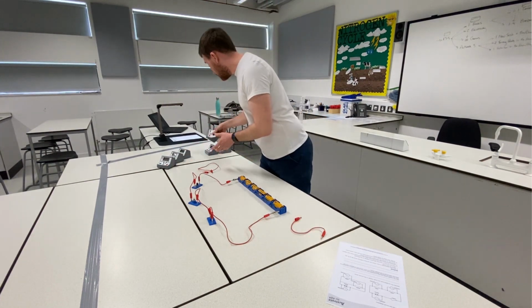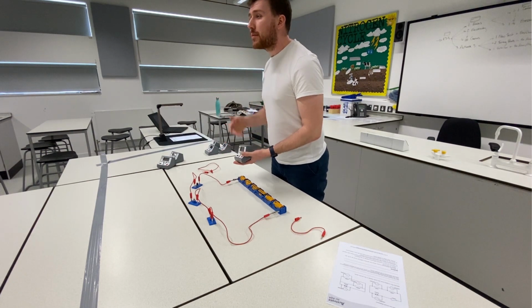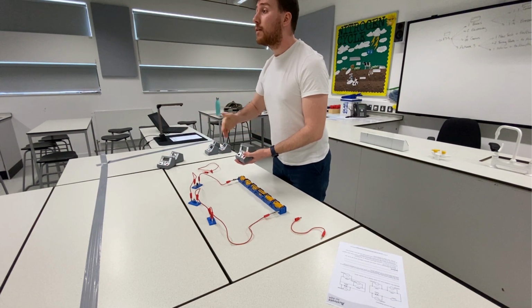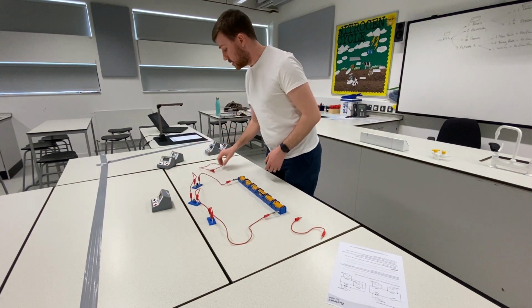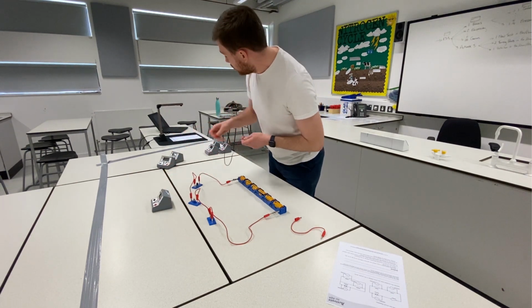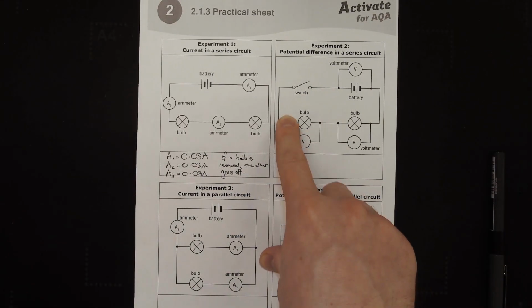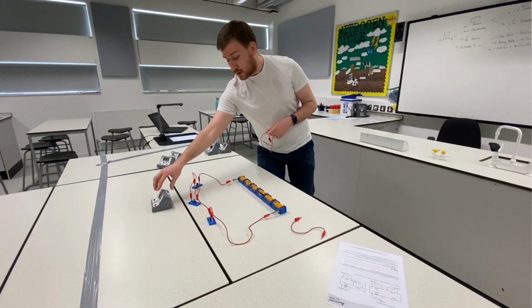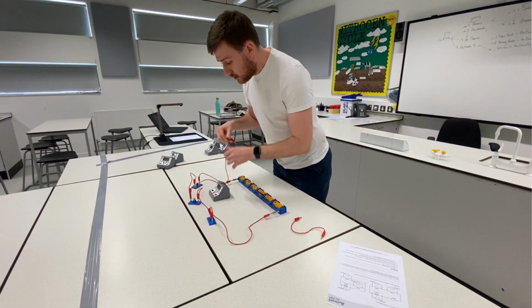Once again, as with Mr. Bearson's video, we know these are voltmeters, they've got a V on them, and we measure potential difference in volts. So I'm going to have one of those across the bulb, just like in the diagram here. Got the voltmeter across the bulb. So to do that, I'm going to place one end here